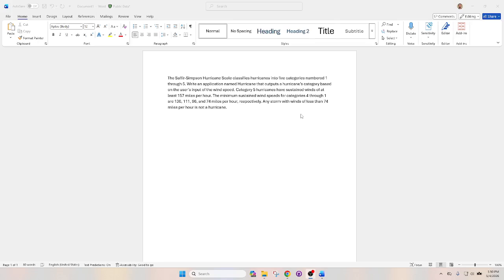The minimum sustained wind speeds for category 4 through 1 are 130, 111, 96, and 74 miles per hour, respectively. Any storm with winds less than 74 is not a hurricane. So we need to write a program that classifies these hurricanes. So let's go ahead and